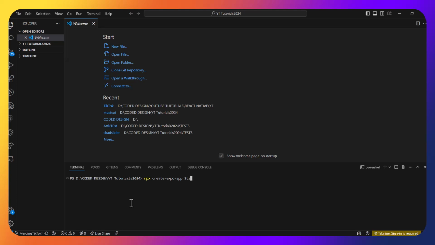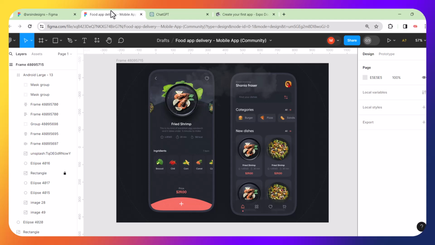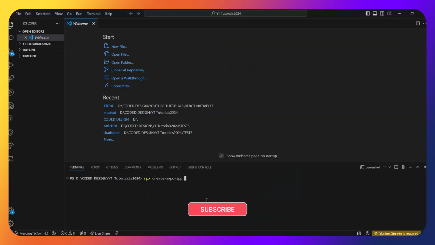So we're going to create an Expo project, npx create-expo-app. Let's call this, let's just quickly check there, guys, my apologies about that. Okay, let's just say food app. I like to use small letters simply because with Next.js you don't use capital letters, so that's why you see me always defaulting to small letters. And then when we click enter here,